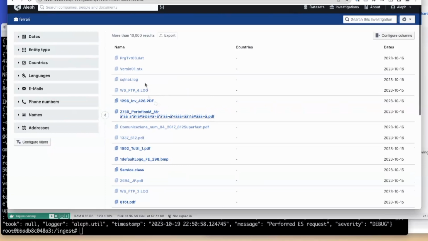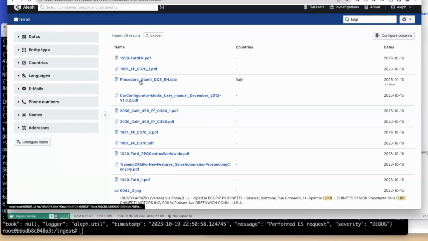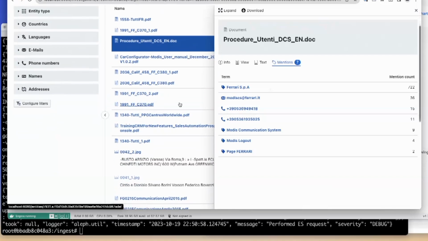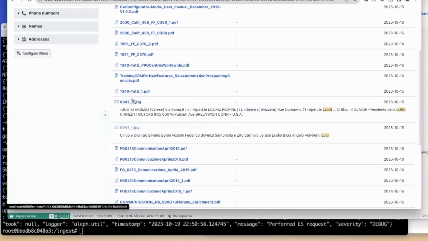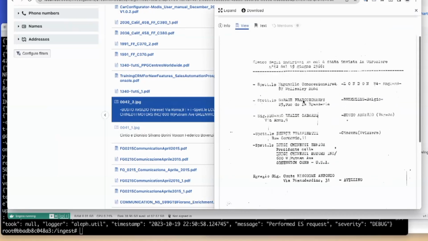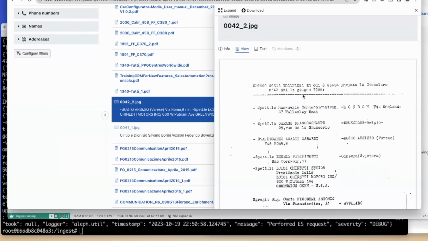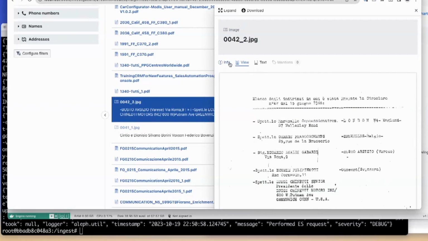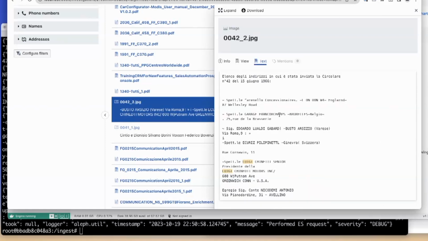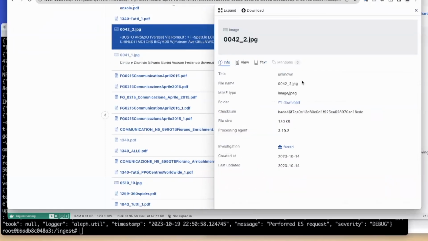So yeah, let's search for, I don't know, Luigi. So it's like service documents, right? Here's all the mentions. Here's a phone number if you want to call. But yeah, here's an example. This is, I don't know, it looks like a service advisory from 1963, apparently, or 1966. This is a JPEG for some reason. And we have this text that's been extracted. It's not going to be perfect because this document is from 1966 and it's badly typed on a typewriter by some Italian person, but it's here. We can view it.